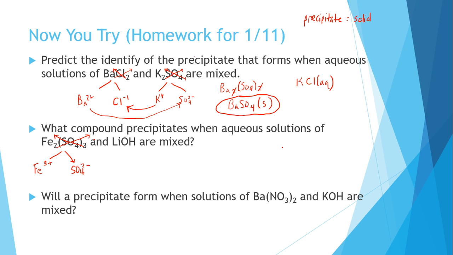We have to uncross that. Here, we're going to uncross lithium and a hydroxide. Oh, before you do that, make sure you check, and those are both good. Here, if you uncross it, lithium gets a +1 and hydroxide gets a -1. You check it, they're good to go. From there, you need to recross them. The positive will go with the negative. So when you cross them, you get